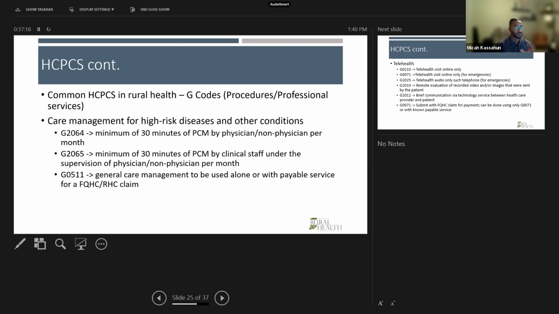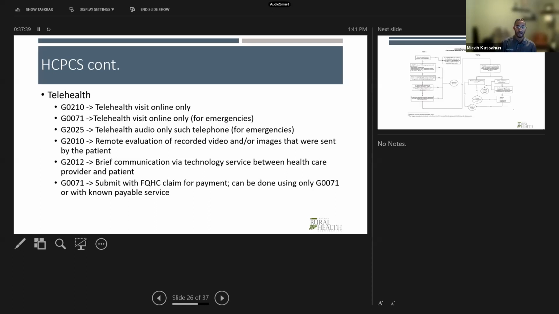Again, I tried to make sure to engineer and write this so that it points back to rural health. So hopefully you'll have access to this so that you can look back at different ways that you can submit claims and get reimbursed, make it kind of seamless, and have this filed away for your own evaluation later. Telehealth, again, I think one of the greatest innovations for rural health.